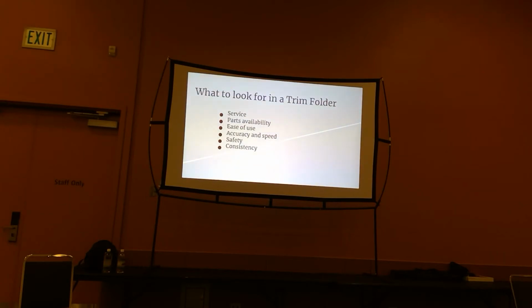That's one thing that you want to look for. If you get a machine and it's got safety, there are some safety precautions that may be a little bit overboard to some people, but it's there for a reason. So you do want to make sure that your machine has light curtains and a lot of safety features. Some of these machines out there don't come with a whole lot of safety features, and it can cost you a lot of damage and a lot of money, because